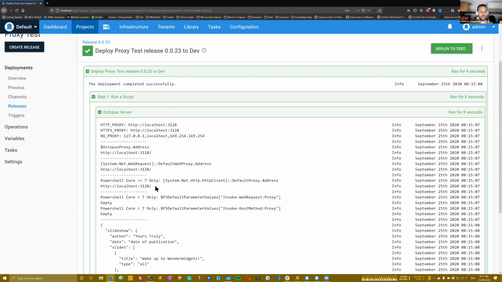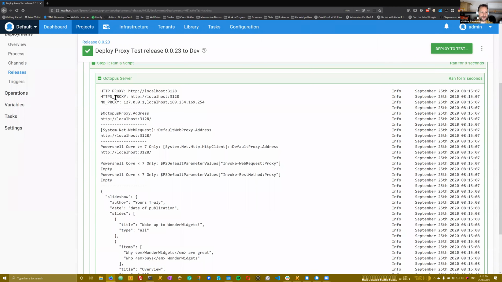Okay, so we can see the output of all those variables that we set up. These are the environment variables. They have been correctly set to the address of my Squid proxy running in that Docker container. No proxy is interesting. It's fairly likely that you don't want to proxy connections to local hosts, so these two